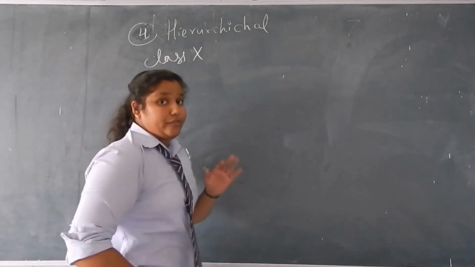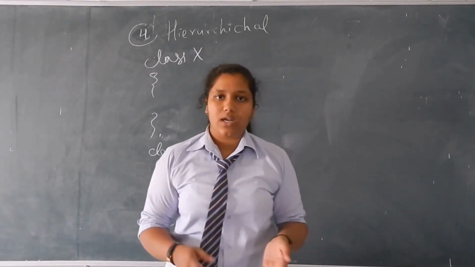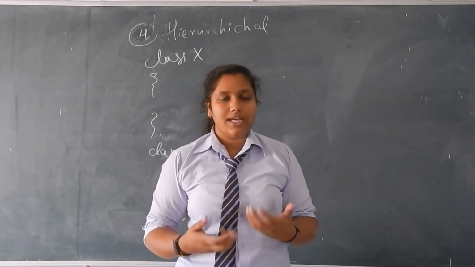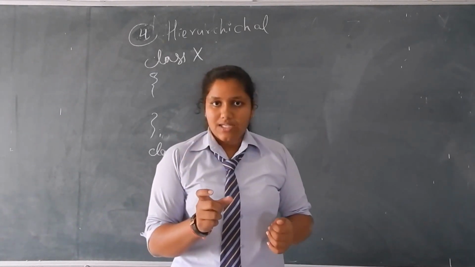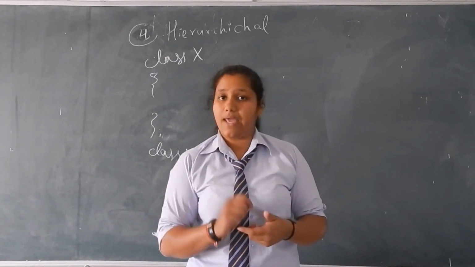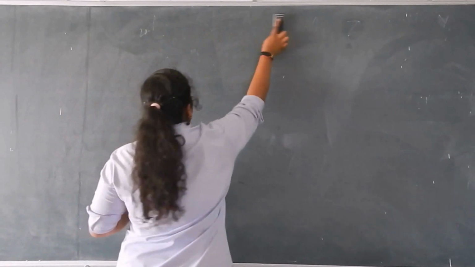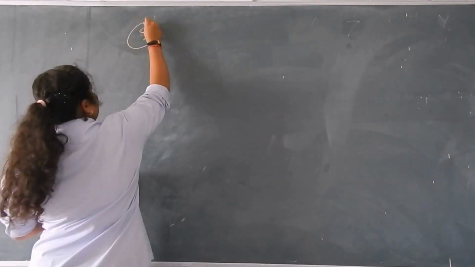Now moving on to the fifth type of inheritance, that is hybrid inheritance. Hybrid inheritance is a mixture of many types of inheritances. For example, a derived class can be inherited from two base classes, which are in turn derived from one single base class. The fifth type is hybrid.